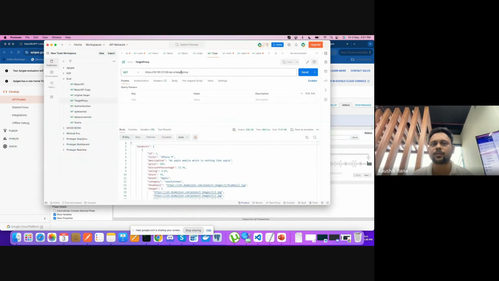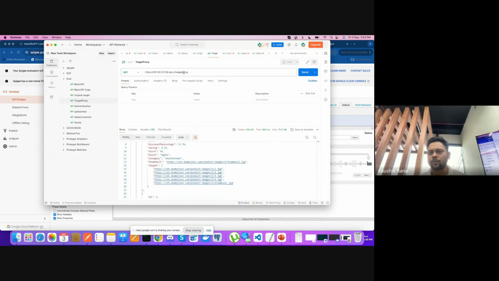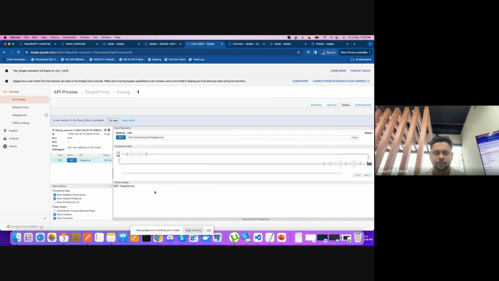Okay, so this is another one, the same. This is giving me a JSON response, right? This is the JSON response, and I have called this slash target proxy. You can see that, right? Yes. But my target was, as I mentioned,